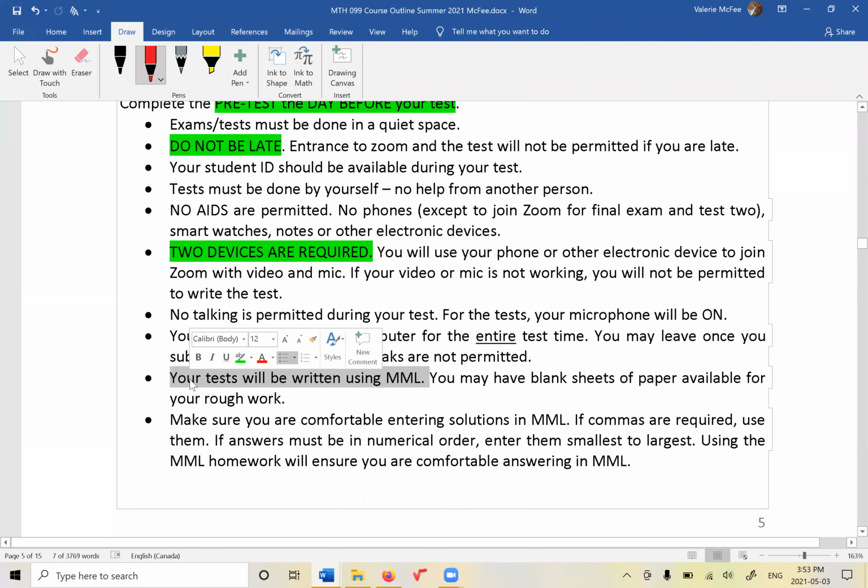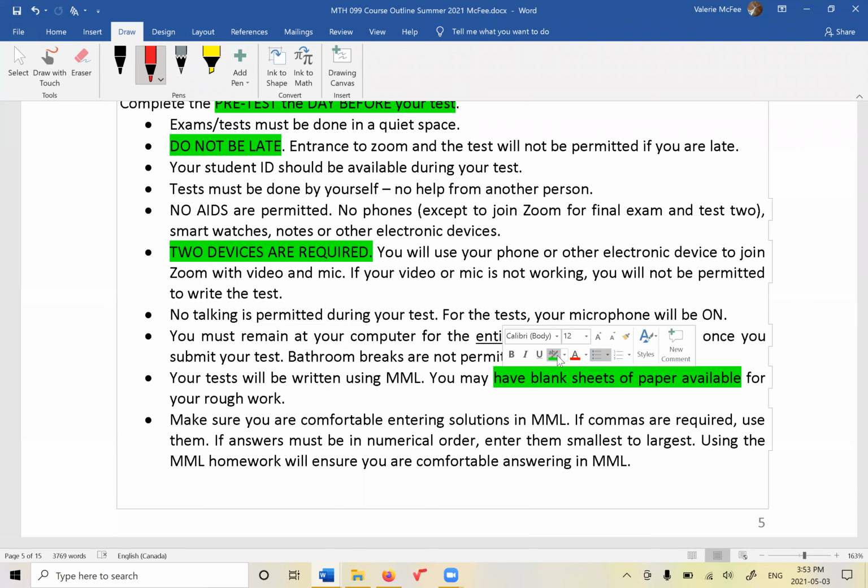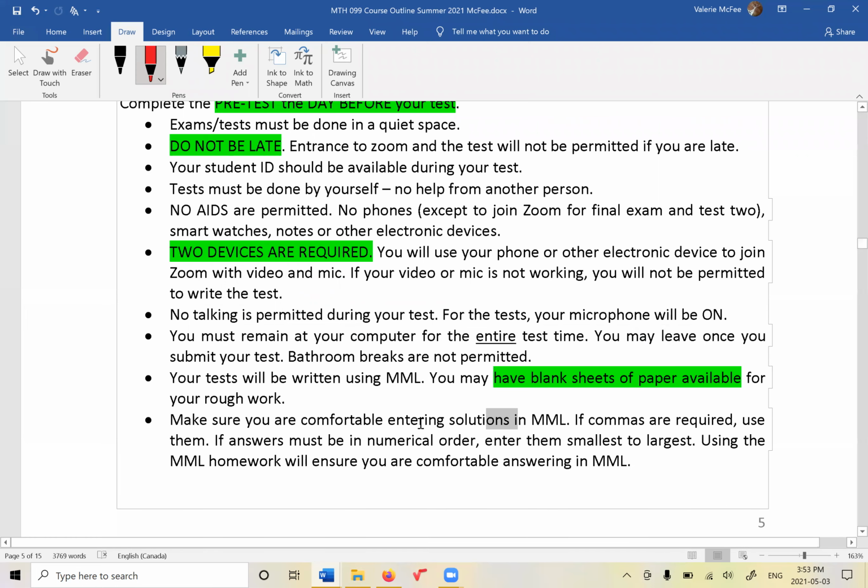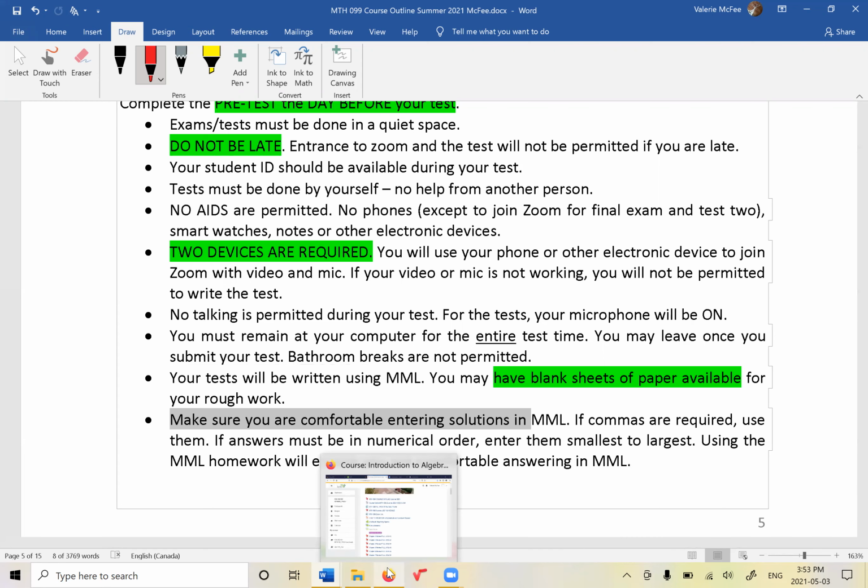We're using Pearson MyLab to write your test. Of course, you can have blank paper for your rough work. You can't do math without paper. Make sure you're comfortable putting solutions into MyMathLab. This is important because it is a little bit tricky. Computer programs can be a little bit specific. In fact, let's take a look at